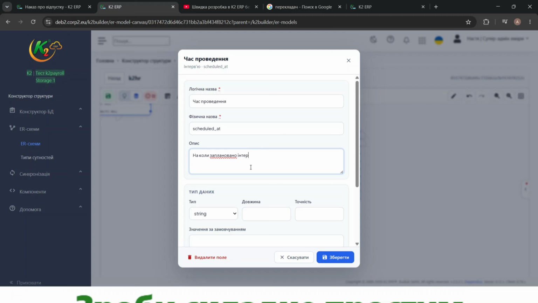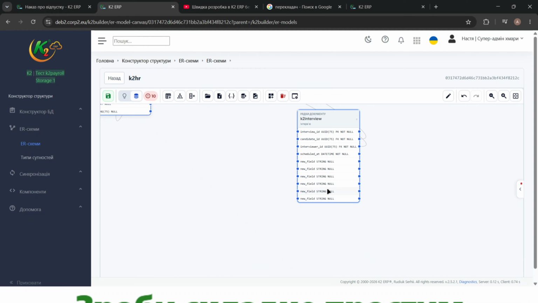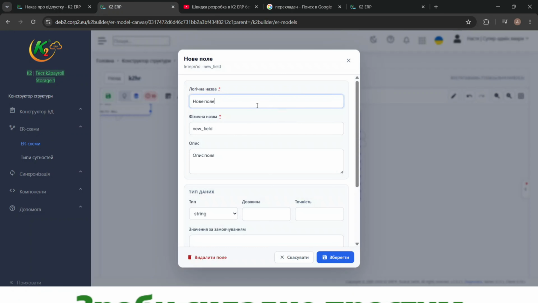This means we will be able to see all candidates of a specific recruiter, build recruiter workload reports, and analyze efficiency. When we add interviewer ID, we also refer to an employee. This allows us to see who conducts interviews, how many interviews are scheduled, and who has not yet left feedback. When we add project ID, we get a relationship with the project. This is important if the company hires people for specific projects. When we add organization ID and department ID, we get the organizational structure. This is important for large companies, holdings, networks, and groups of companies, where one HR process can serve different legal